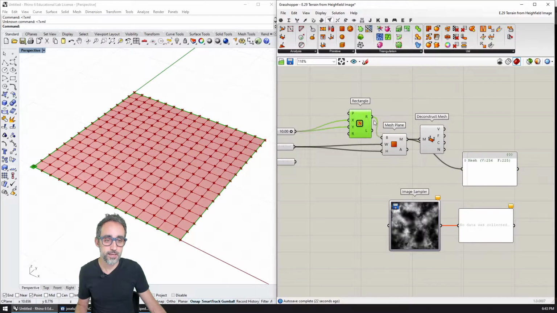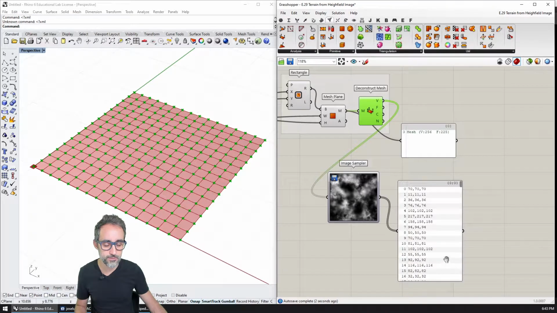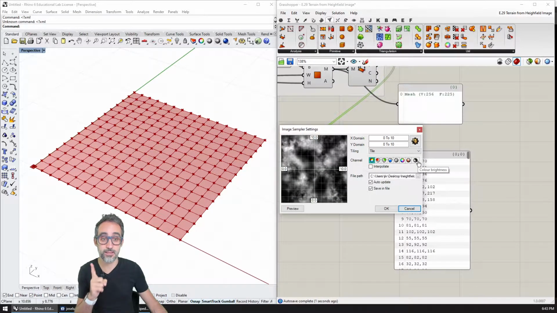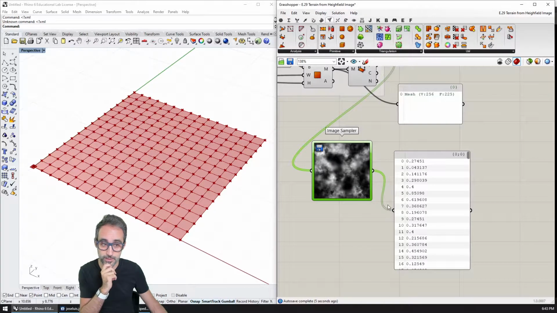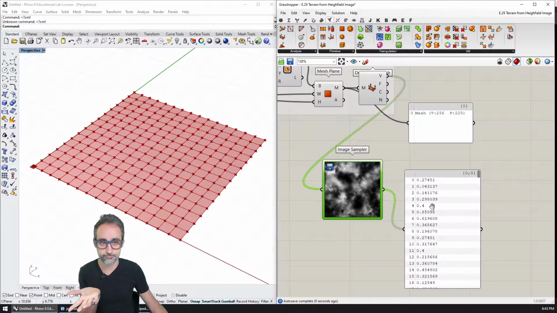Now, I have created my mesh, and I am ready to sample each one of the vertices with the image. What you can see is that the image is giving me RGB colors because I forgot to tell the image sampler that I only want the brightness. So I'm going to click on brightness, and now I get values from 0 to 1.